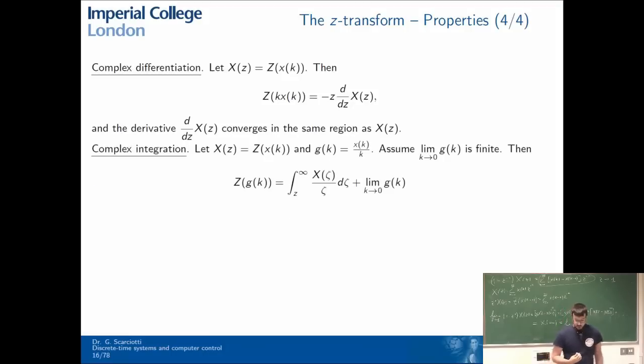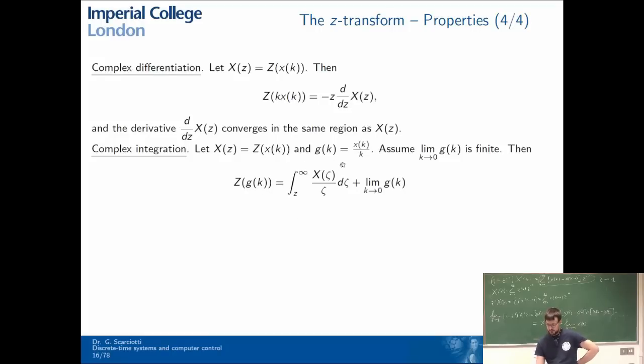So the last property that we see is the opposite of the complex differentiation, and is the complex integration. Now the proof of the complex integration is quite more involved with respect to the proof of the complex differentiation. So first of all, the complex integration can be applied if the limit with k that goes to 0 of x of k divided by k is finite, is a finite number, is not infinite. Okay? So if this is true, then this is the formula to compute the z transform of x of k divided by